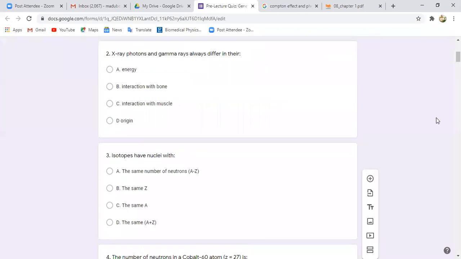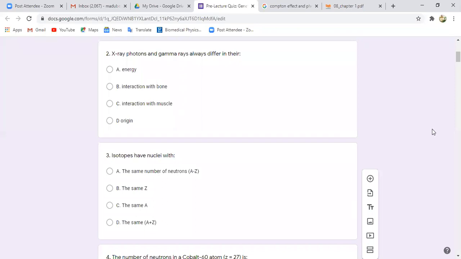The second one: X-ray photons and gamma photons always differ in their what? Is it energy, interaction with bone, interaction with muscle, or in their origin? Can someone just answer quickly? Origin, sir. Okay, that's straight up origin. X-ray photons, especially if we're talking about characteristic, come from electron transitions. But for gamma rays, it originates in the